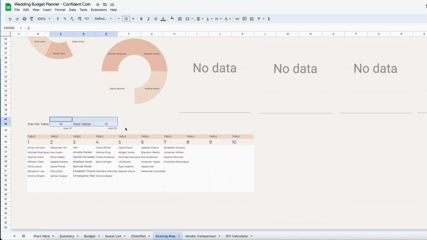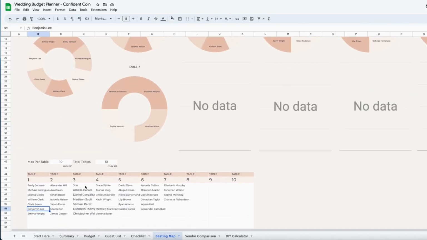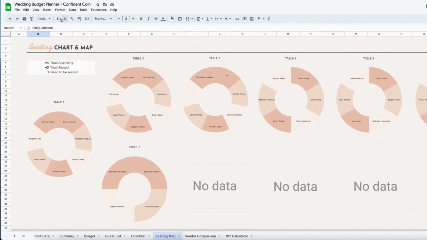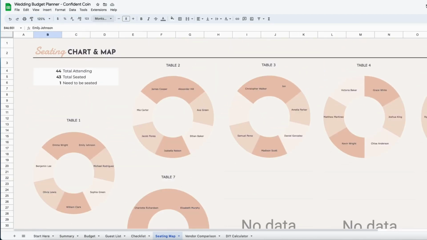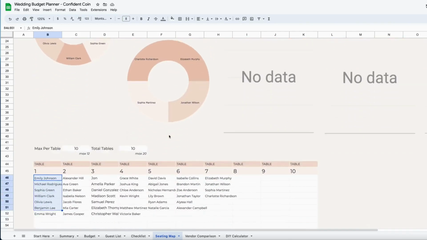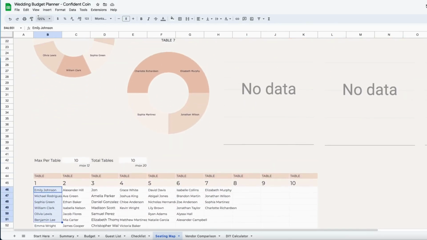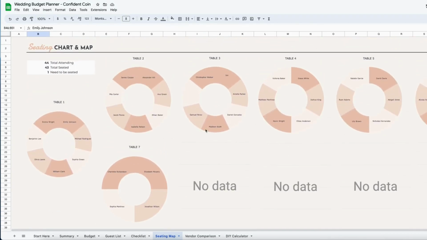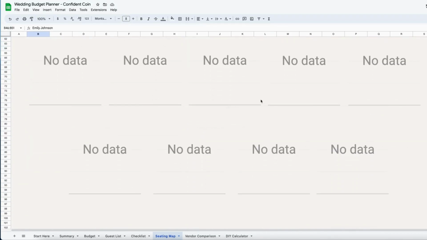So once you have that entered, you can start entering in the guest names at the table and spot that you want them to be seated at, and they will show up in your table. I will zoom in a little because the names in this are quite small, but you can see that the guests have been seated at the table. Now, let's zoom back out. Presumably, there's up to 20 tables, so the rest of the tables are at the bottom